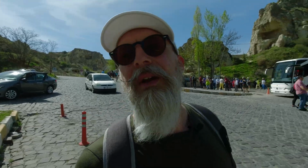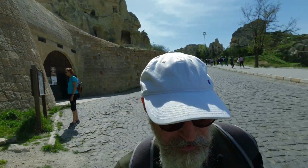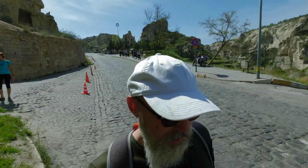It defies the meaning of being an individual tourist, an individual traveler. Like me, I'm trying to find individual ways, even if many people may not like it, the ones who are following the herd. I do not follow the herd. This is one of the principles of my way of traveling. Never follow the herd. Behind me is one of the churches built into the cave, into the rocks,